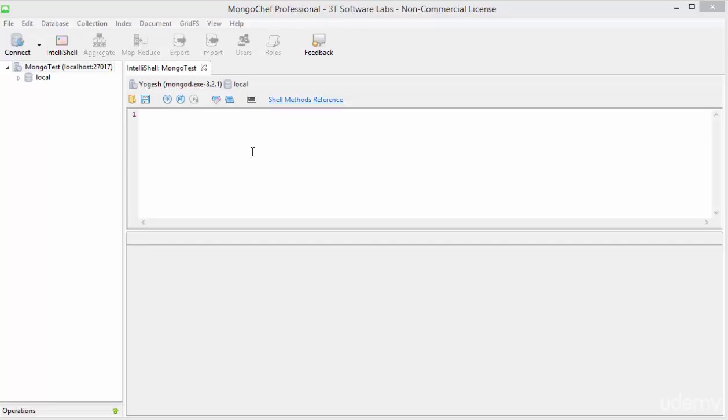In the last video we saw how to download Mongo Chef, a GUI tool to run Mongo commands on the Mongo shell. We also saw how to connect to our mongoDB using the Mongo Chef tool. Now in this video we will see how we can create a database and how we can drop a database